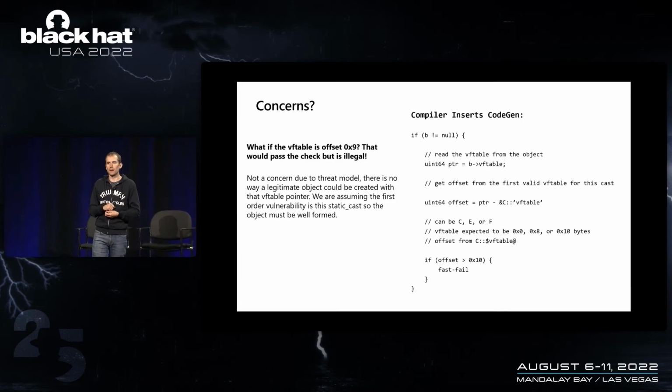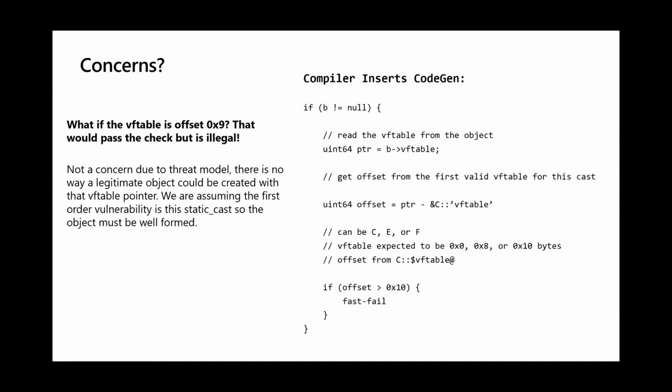Now, some of you might be thinking, wait a second, what if somebody had corrupted this object already and made it so that the offset that you compute is like 9 bytes? It passes your range check, even though it's not pointing at the start of any vtable in that region. It's pointing into the middle of one of the vtables. But you've got to remember that our threat model is that no memory corruption has happened at this point. We're assuming that the object is valid. And if the object is valid, then you would never compute an offset of 9 bytes, because that's just nonsense. So we don't actually need to worry about this. The range check is a completely legal optimization for us to do.